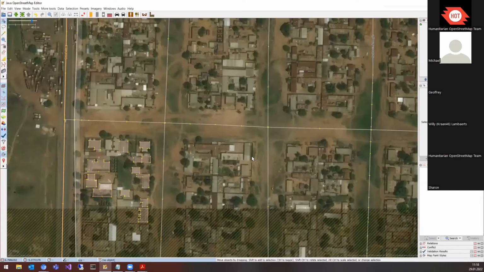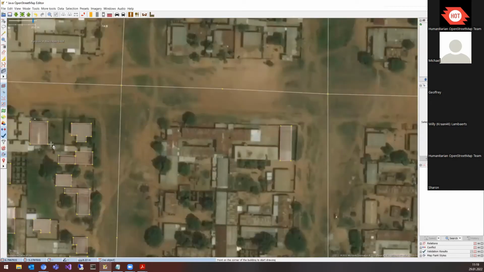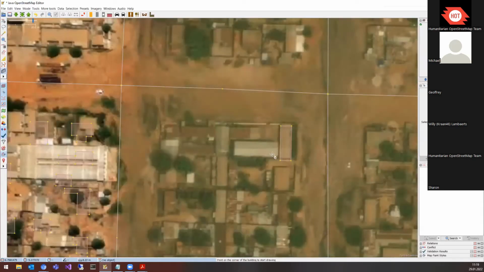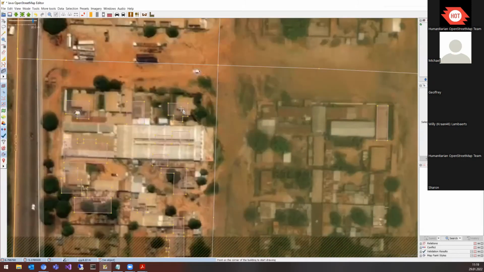because if I switch to go back to Bing, and let us quickly map this one building over here so that we've got a good reference. There were other buildings in here mapped from Bing, and if we now switch to Maxar, we see, oops, the right one here in Maxar is still pretty well aligned with the Bing imagery and the existing mapping, but here we're out of luck. I mean, there is a noticeable difference,